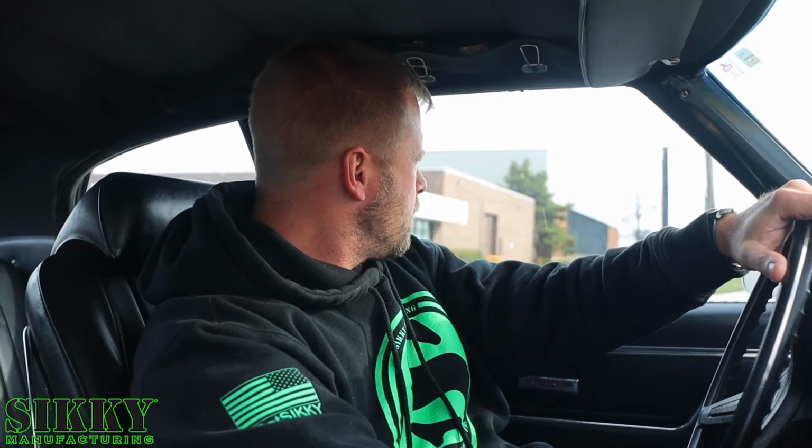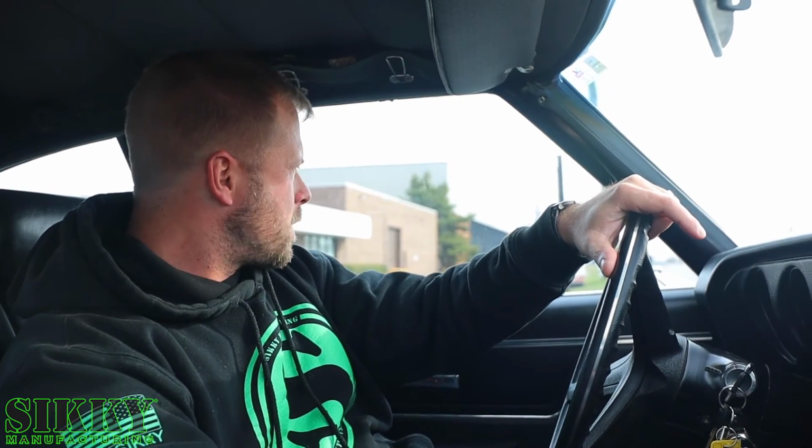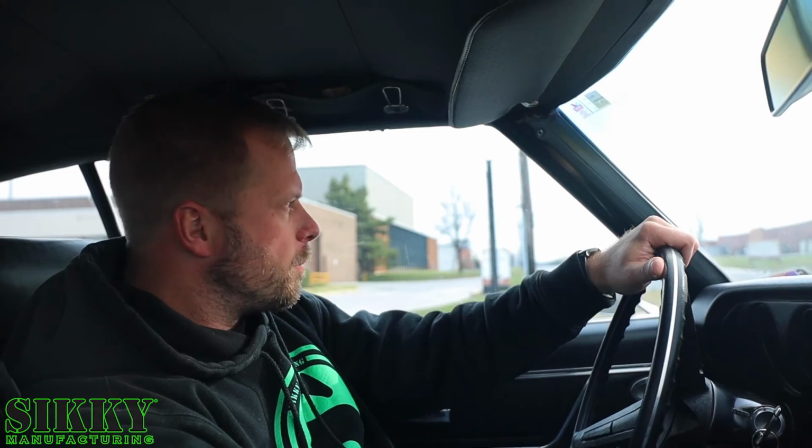The other thing we're going to update is the brake system on this thing, which is all original. We've got drums in the back, and it's just not really meant to bring the car to a stop really quick. So I'll get it up to about top of second gear here, and we'll stand on the brakes and probably do an endo, or a stoppy, with this thing, the way the weight transfers to the front. We'll see how quick it comes to a stop. It's probably not going to be too impressive, but